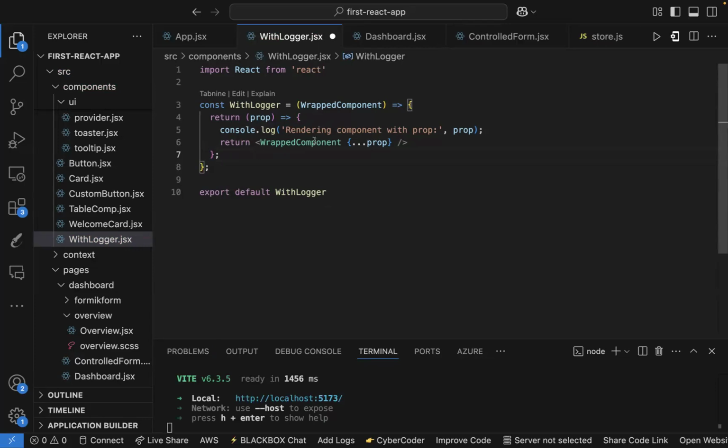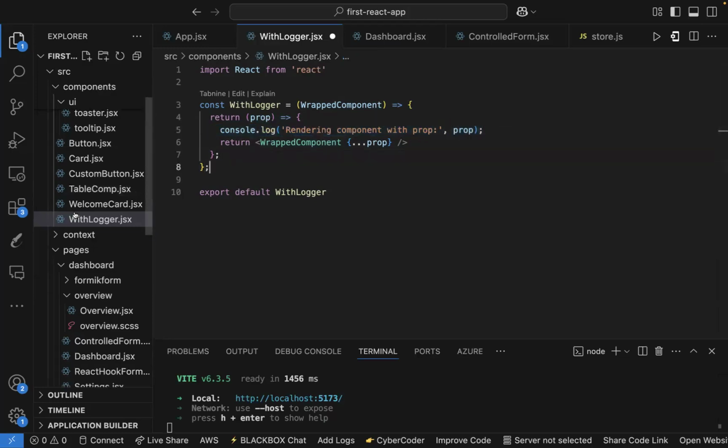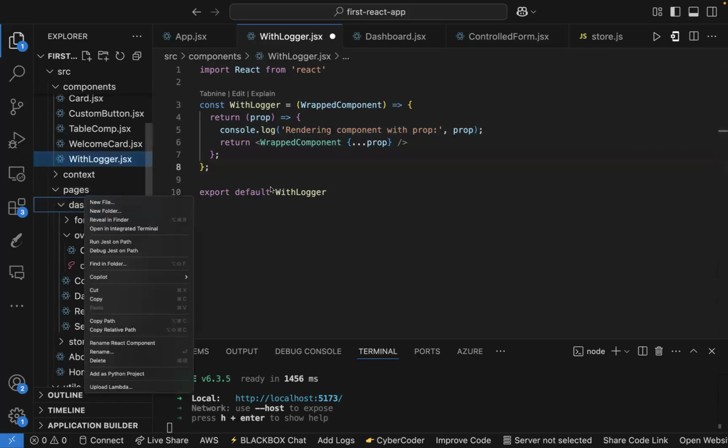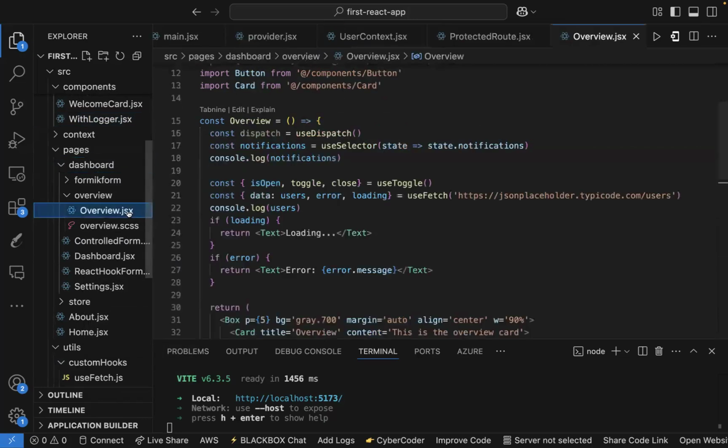Okay, so what we've done now simply is create a higher order component. This component is supposed to take in a component, and when it takes in that component, it will render that component here with the prop that you provide. Now, if we mount only the component that we want to use here, we should not be able to see a console.log. So let's wrap a component. Let's say for overview,